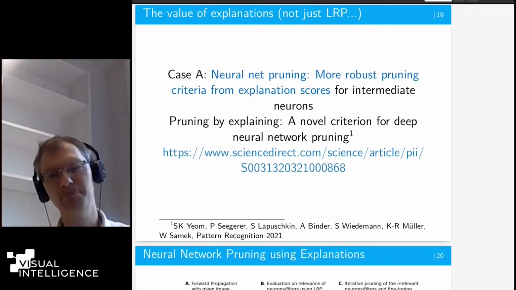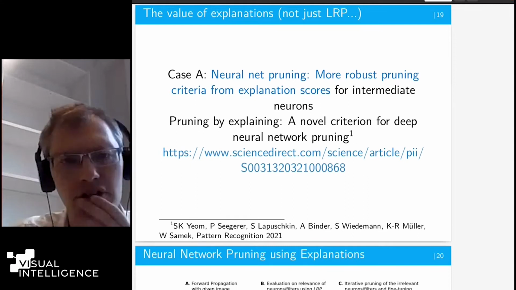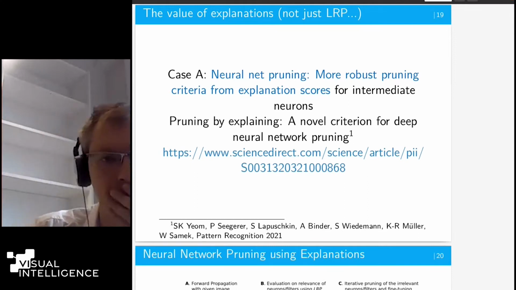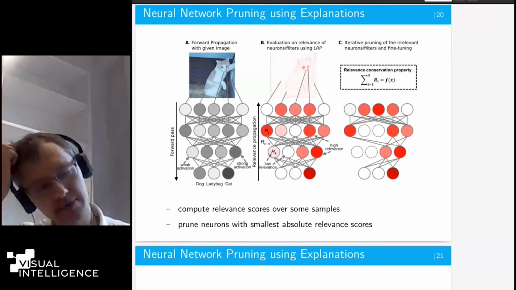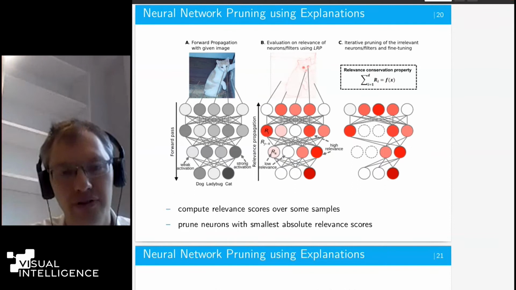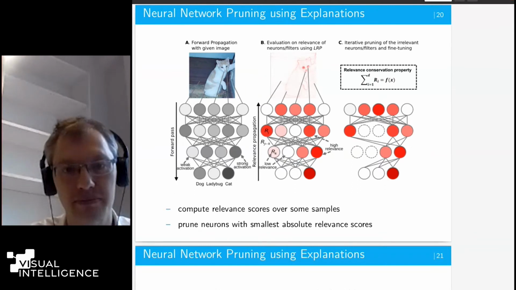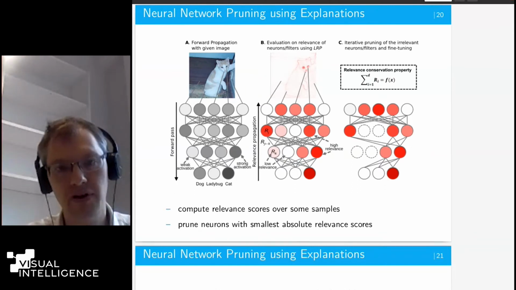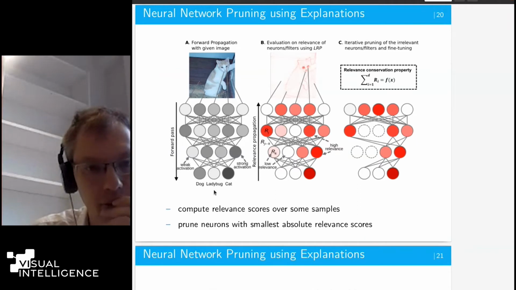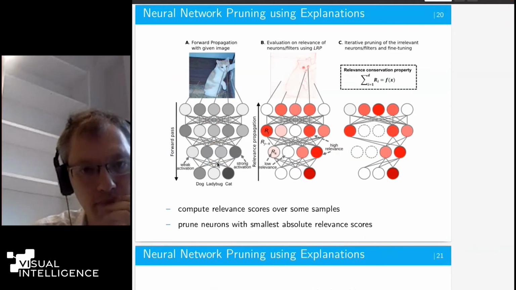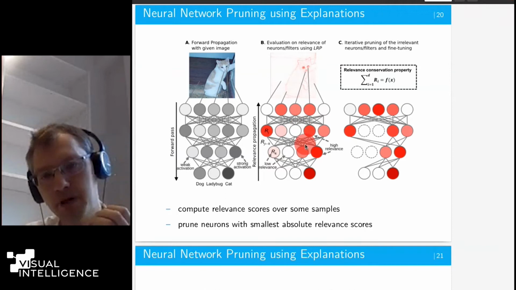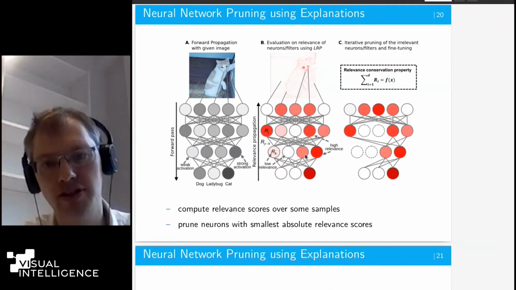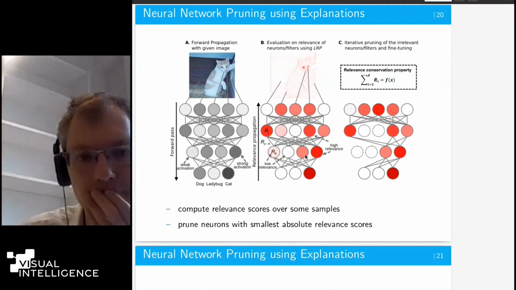I start with something very simple and something which is a very partial improvement, that is neural network pruning. So one idea is I can use whatever explanation I have to prune trained neural networks, right? The idea is very simple. At first, I compute the forward pass of whatever images I have. Then I compute the backward pass, and I use an explanation method which assigns me a score for every neuron.